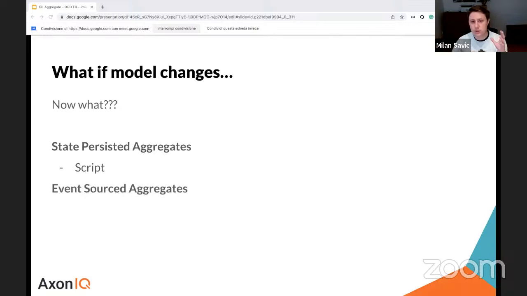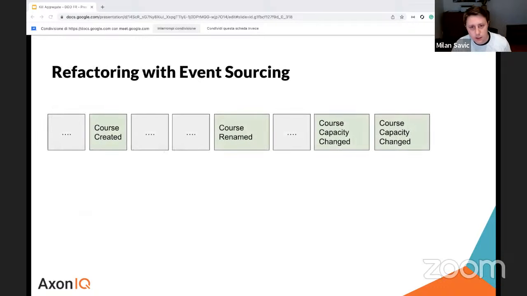However, when it comes to the event source aggregates, we are not quite sure, right? Because we want to change the history and we know that basically events are immutable. So let's take a look at the example, what we can do. Here in the event sourcing world, we have an event stream. It is stored in event store, and we have events that are already persisted that relate to a single aggregate named course.